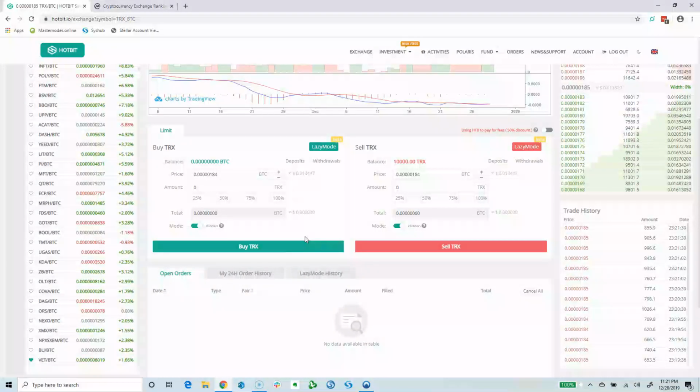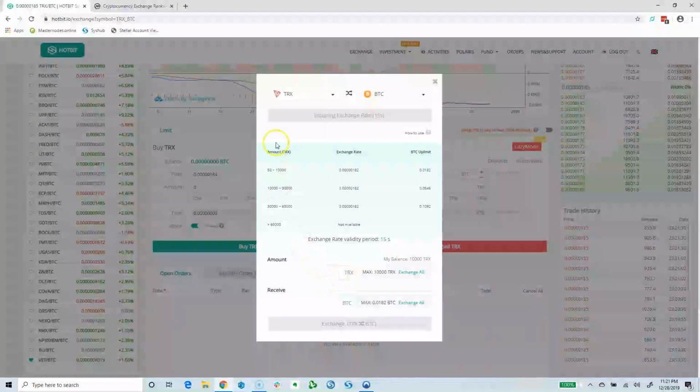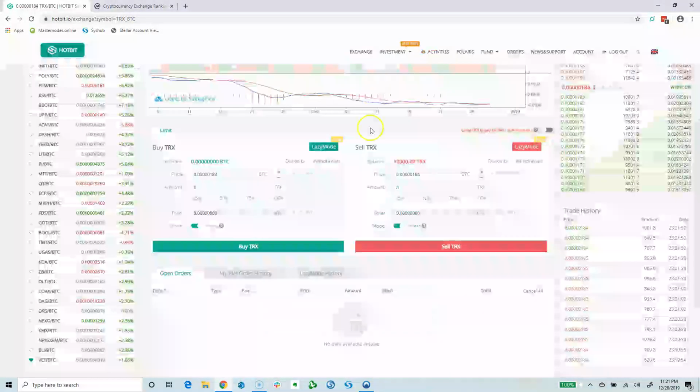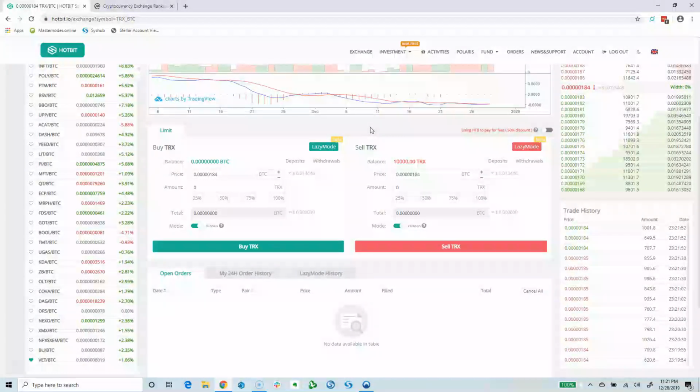And they have some other way of entering your trades here that's in beta called lazy mode. And this is just an order matching system. And of course it's still in beta. I have not really explored it yet myself, much other than to see it looks like a streamlined way to make your trade, which gives you some exchange rates that you can select from. Based on my observations, I would say that this Hotbit exchange is making some nice innovations for crypto traders, and